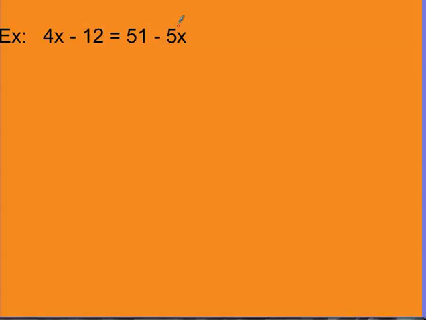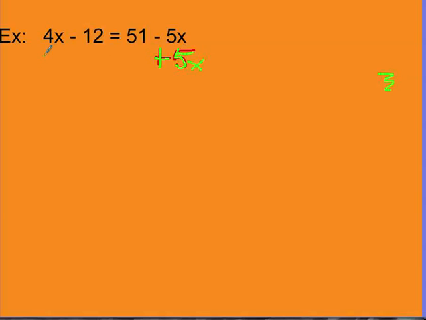I'm just going to always try and keep the variables on the left, so we're going to move this negative 5x. If it's minus 5x, we're going to do the opposite, and we are going to add 5x. Let me change colors because this looks like it's not going to show up. Much better. Okay, so I'm going to add 5x